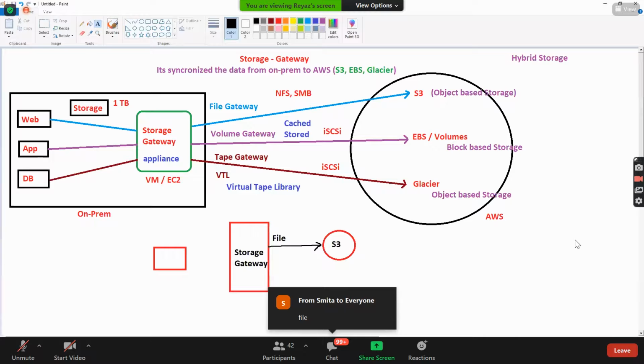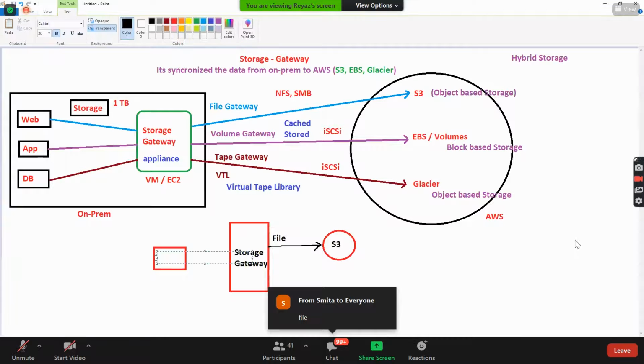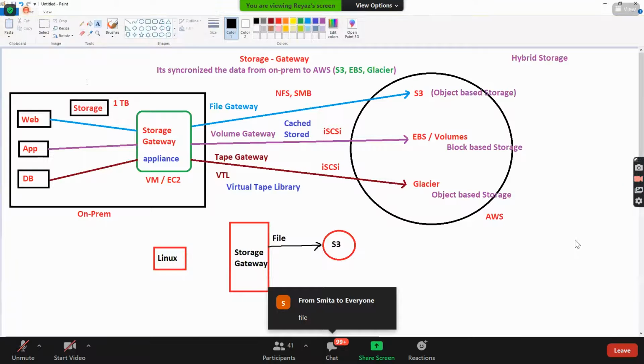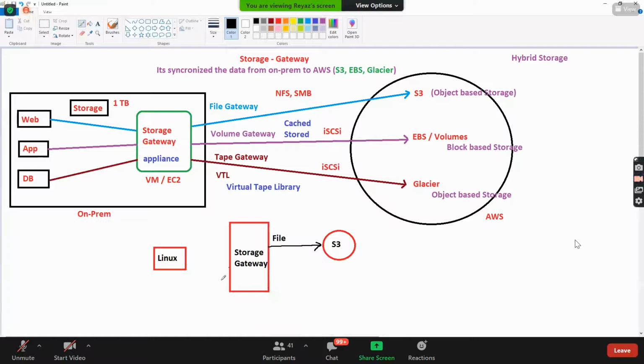And then I'll set this up, and later I launch a Linux EC2 instance and mount this storage gateway to it. Whenever I put any data in using this mount point, through the storage gateway, it should automatically go and sit in S3.